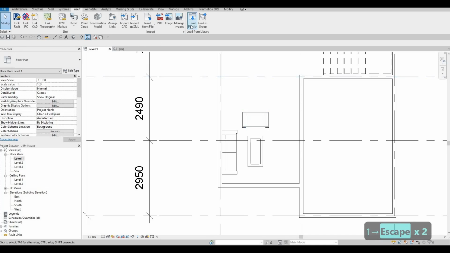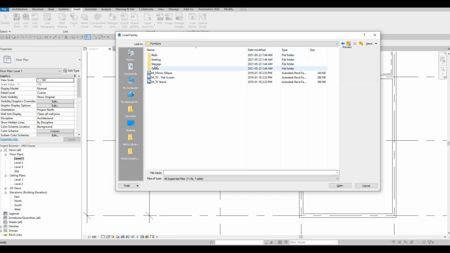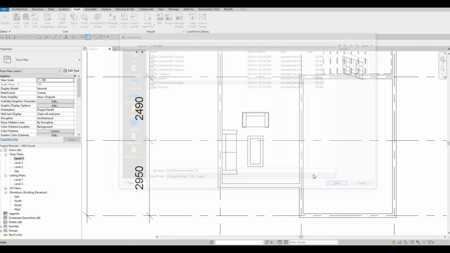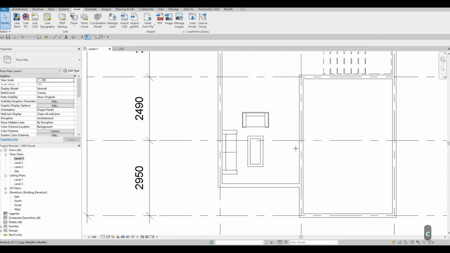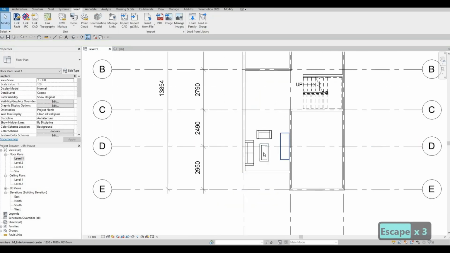So now let's go to load again. Under insert, go back here, and then we have storage right here, and then there is an entertainment center that we could add and edit here. So I'm gonna open that, CM, and then spacebar to change orientation. I'm gonna place it right here, and in order for us to edit it properly, what we can do is